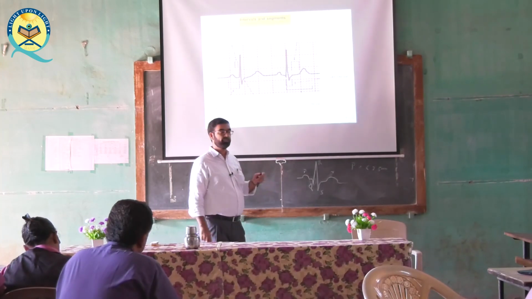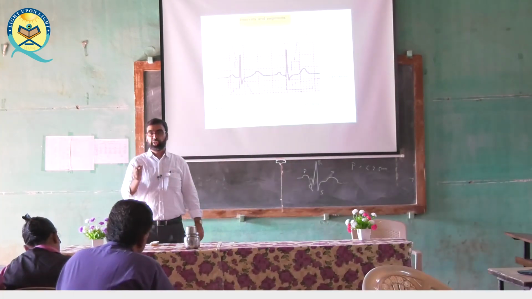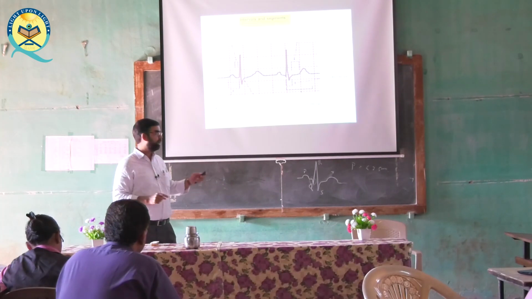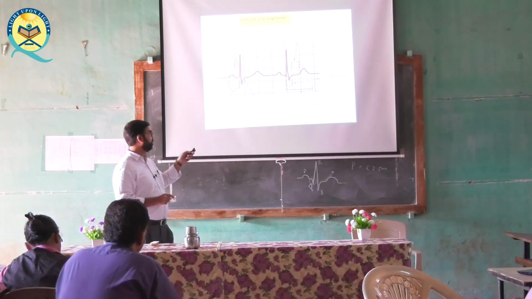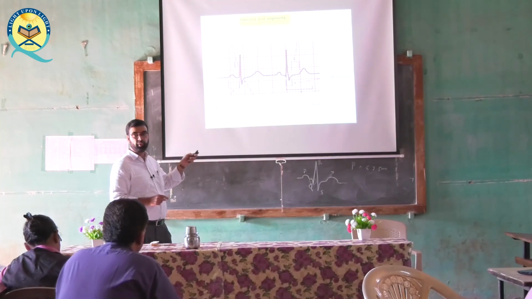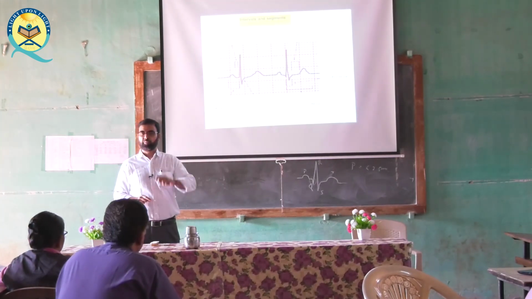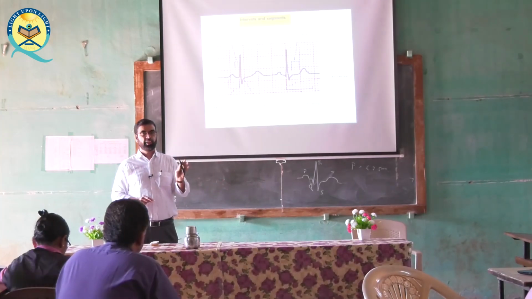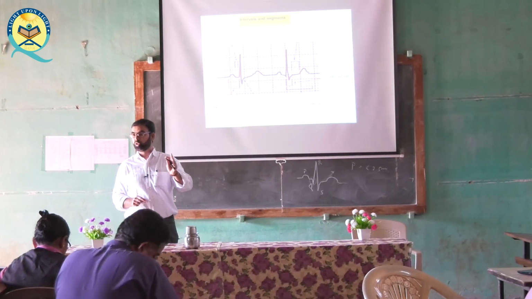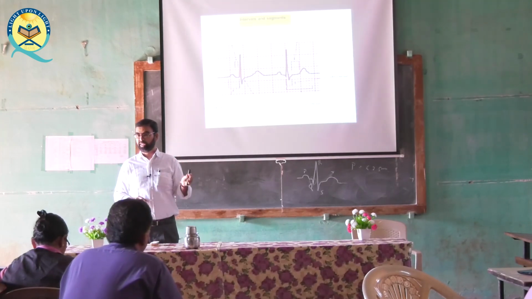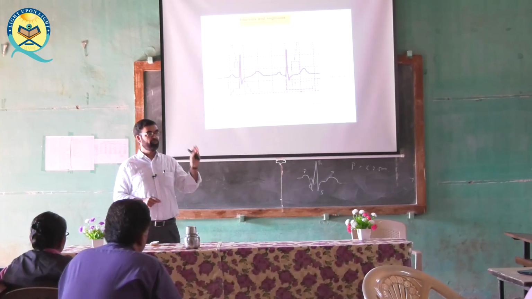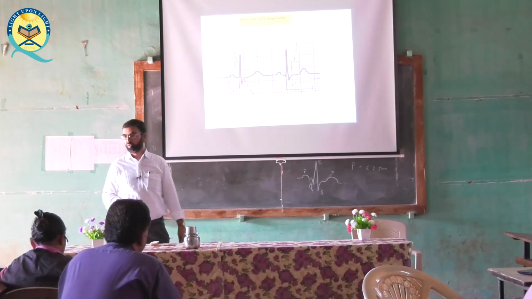How much it should be? 0.04 second. Means what? It should be less than 1 millimeter, less than 1 small square. Got it? This is Q wave, it should be less than 1 small square. Normally, why it is not shown here? Normally Q wave is absent, but it is normally seen in lead 2, 3, AVF, you can see normally, but it should not cross its limit, means it should not be more than 0.04 second duration, and it should not be more than 1/4 of the height of R wave. Got it?